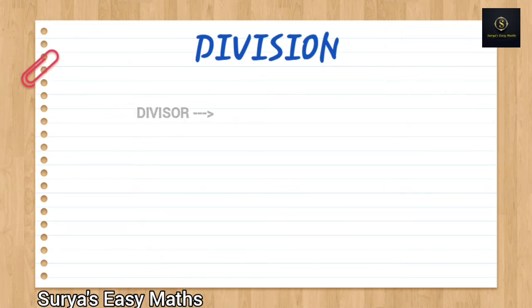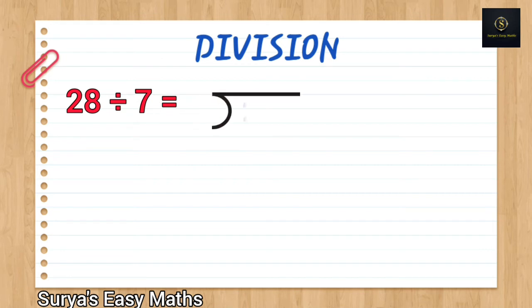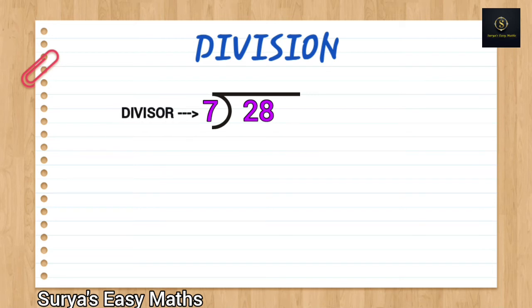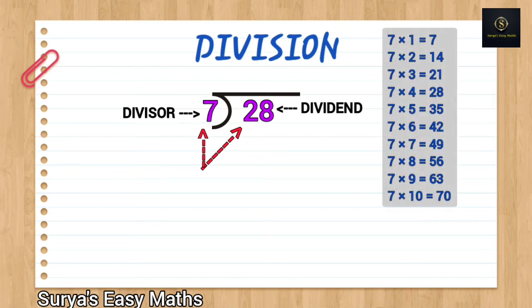Now let's see one more example. 28 divided by 7 is equal to what? Let's write it in the long division form. So our first key point is to compare the divisor with the leftmost digit of dividend. So compare, children. 7 is greater than 2. So 2 doesn't come in the table of 7. So now we will compare with both digits. So 28. Does 28 come in the table of 7?